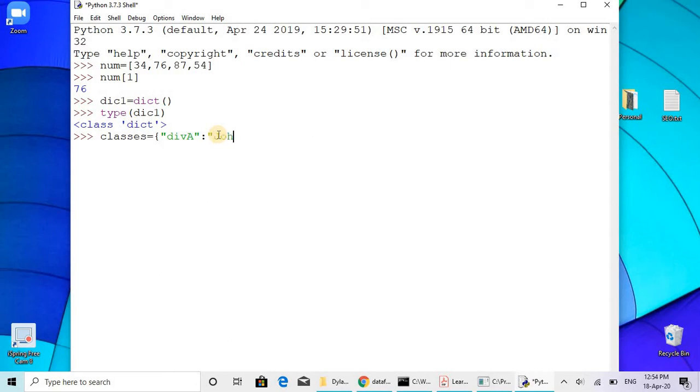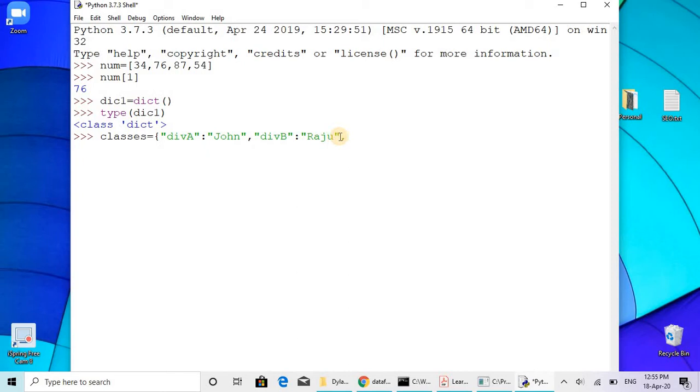John is the class teacher of division A. Then comma, next division B, class teacher is Raju. Need to close this one here. Division B, this is the index, this is the value, this is the index, this is the value.